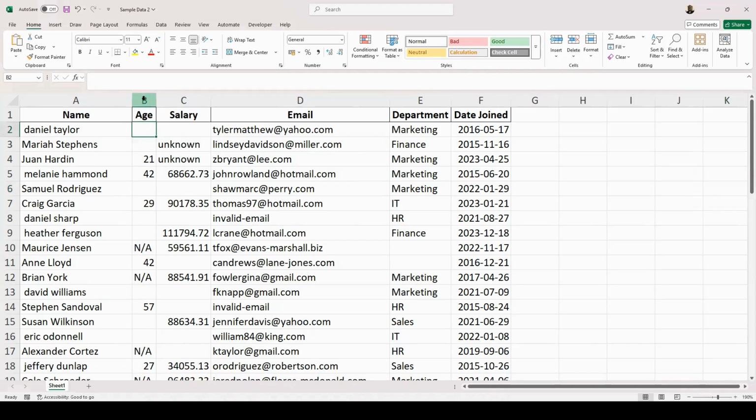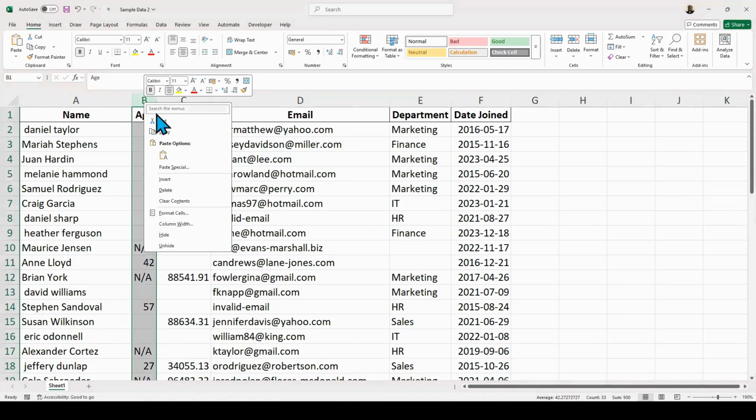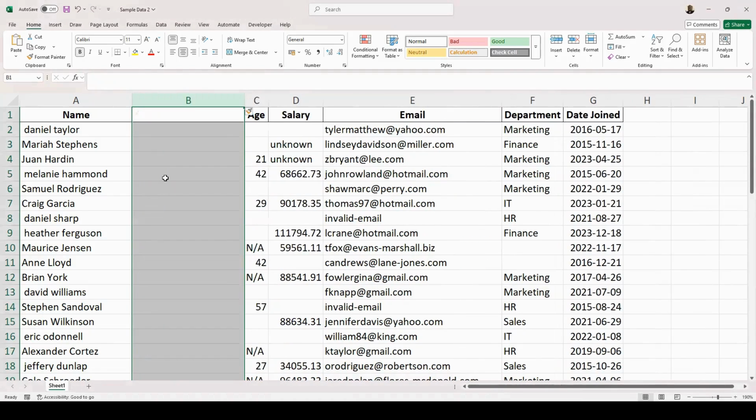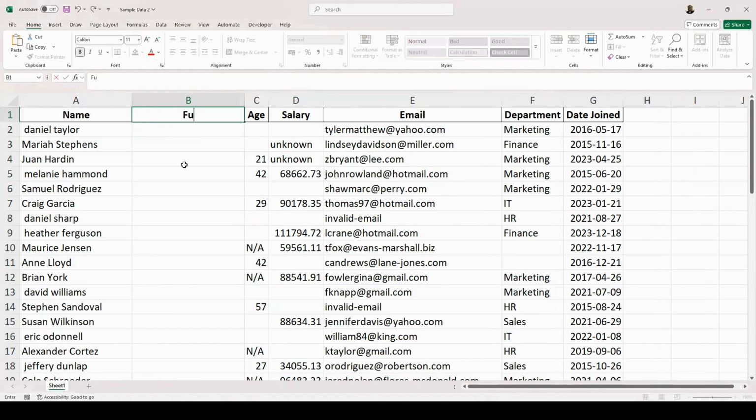We just come to the B column, right click, and then click insert. Then we can name it, let's say, full name. And then we can say, okay, of course, we can use a formula. Equals, if we use the proper function,